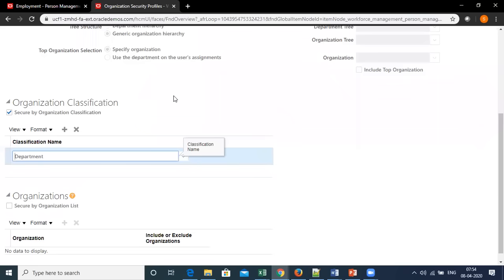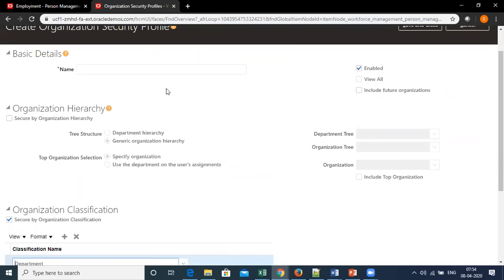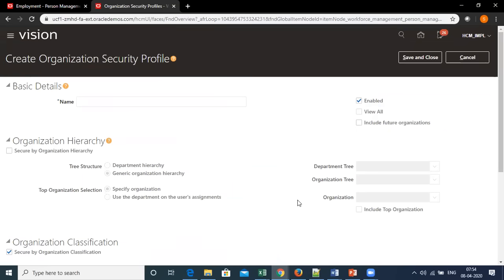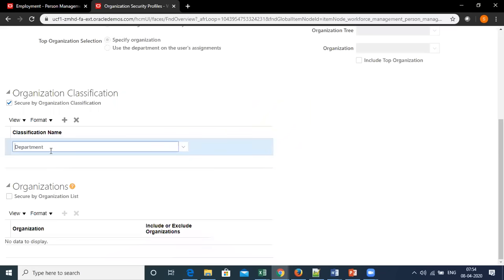When this organization security profile is created with the classification of department, it means that when it is assigned indirectly to a person, that person will have access to the details of employees who are working in the same department in which that employee is working.